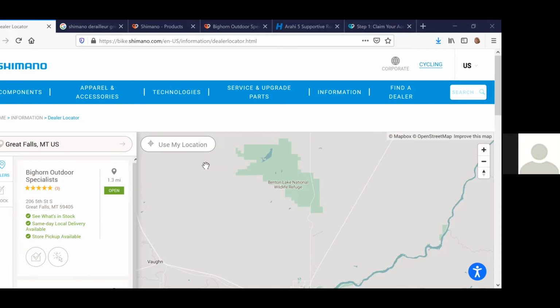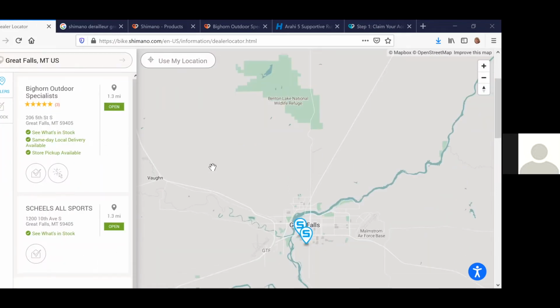Here on the Shimano bike dealer locator, we always auto detect the IP address of a user. And so we always call up the nearest locations for a shopper. They don't have to input their cities, states, or anything like that. I happen to set my location deliberately here at Great Falls, Montana, because I spotted that we have a retailer here who's participating at a pretty high level with Locally, and I wanted to show you the ability for all the tools and how this works.